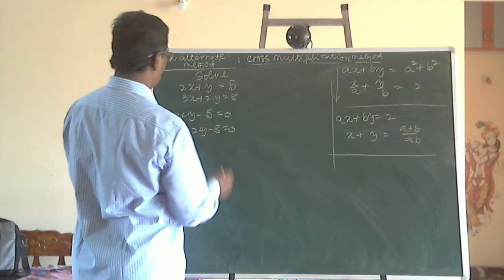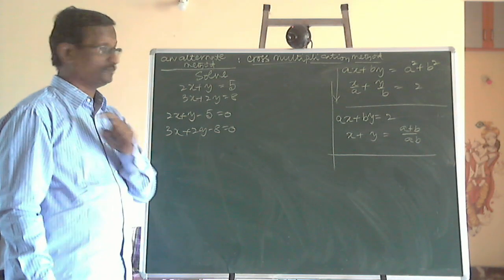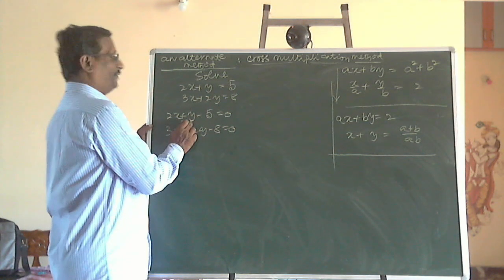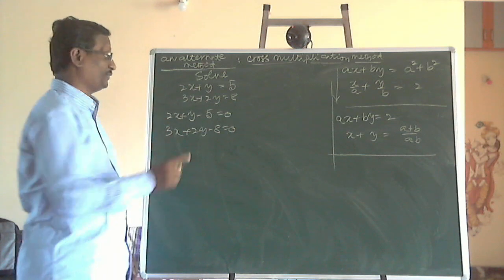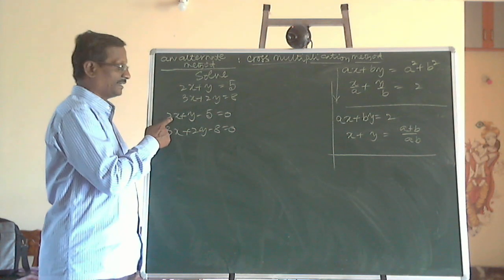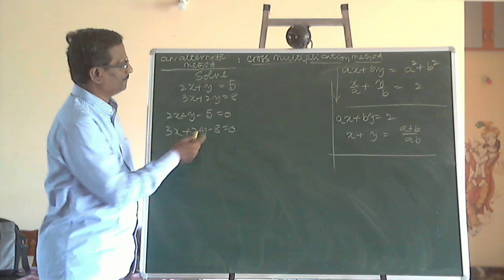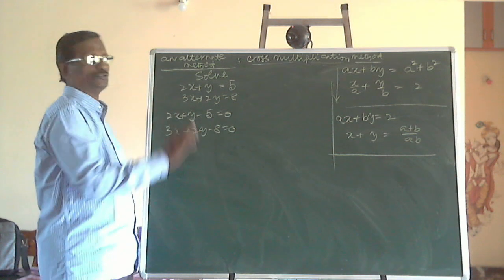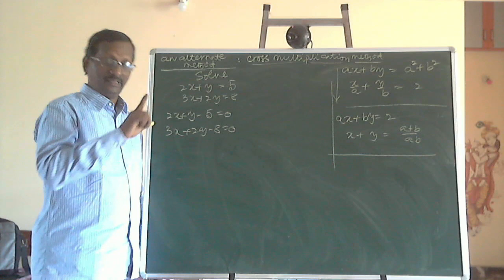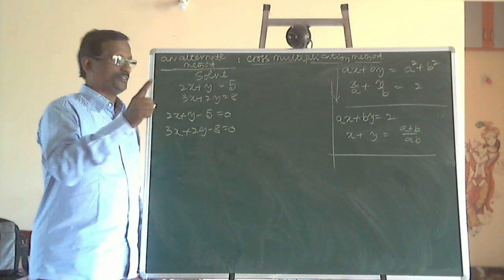In the alternate method, let's write the coefficients. Children frequently make mistakes here. Here, we want the y coefficient. Y coefficient is 1. Never write y. Y coefficient is 1. Here the x coefficient is 2. Never write 2x. Here the constant is minus 5. Okay, for the constant there is no problem. But while writing the coefficients of y and x, you should write only their coefficients.